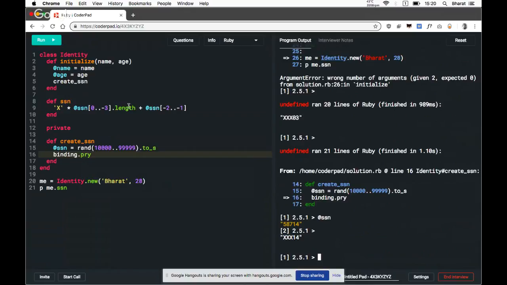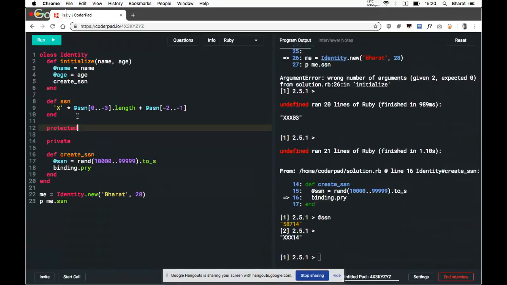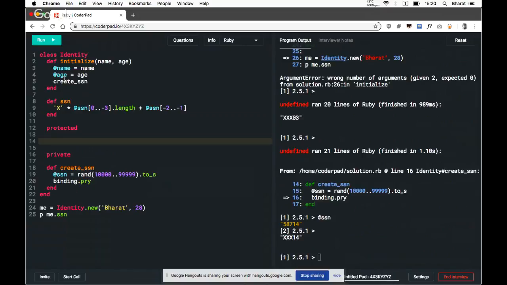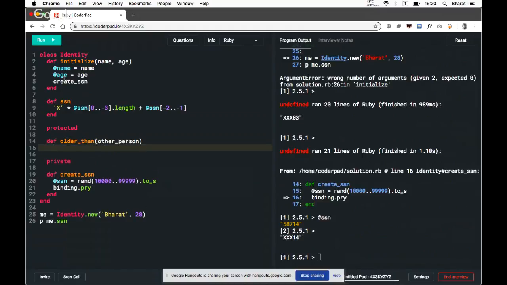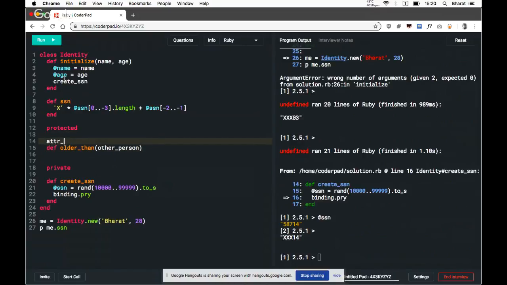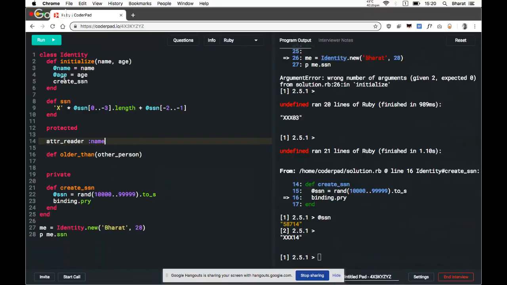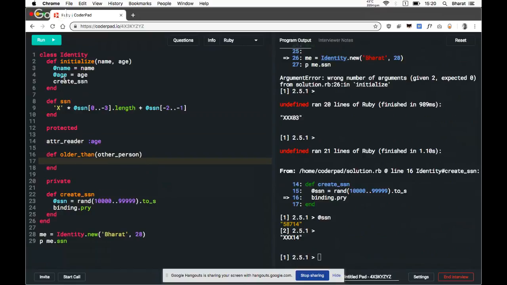Now let's talk about protected. I'm not even giving an attribute reader here, right? And if I want to compare the age of myself with another person, I can reveal my age to the other person, only the other instance of this object.